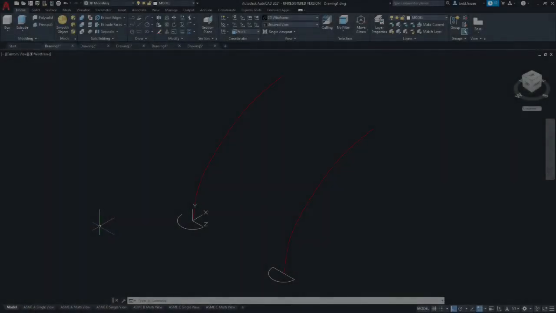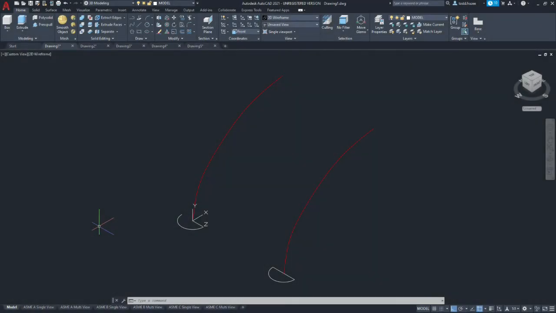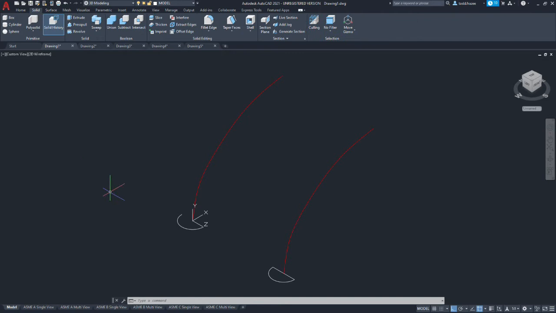In this example, we're going to be doing first a sweep of a surface and then a sweep of a solid. We're going to go to the solid command. I already have my profile set up in white and the path modeled in red. You don't have to have your profile aligned with your path for the sweep command, although I do it out of habit and practice.